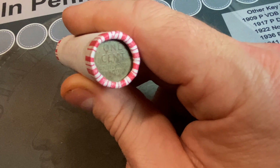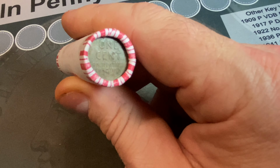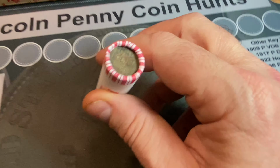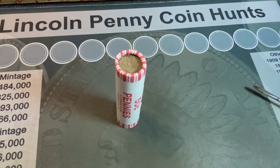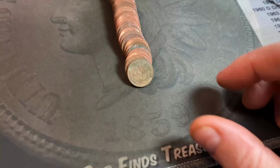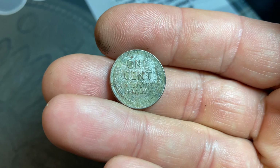To any extent, that's what happens when you have tired eyes late at night, but I had to get a penny hunt in, or at least one of the boxes in. So, we missed that. Let's go ahead and see what year it is and see if it has any friends with it. That wheat cent ender that we missed is going to be,